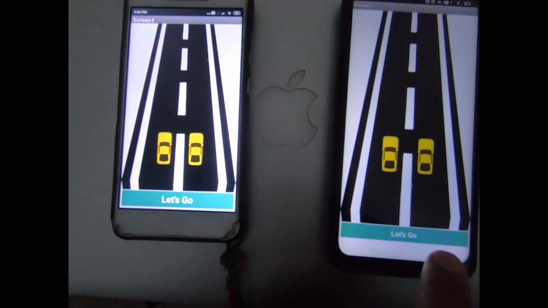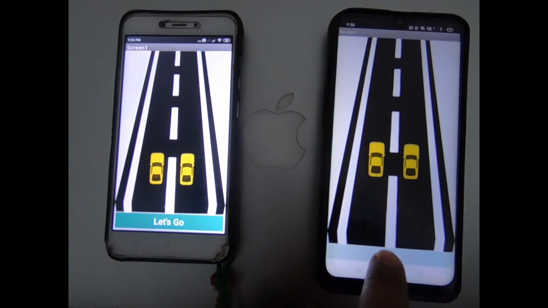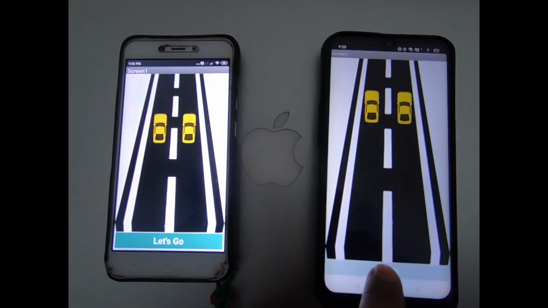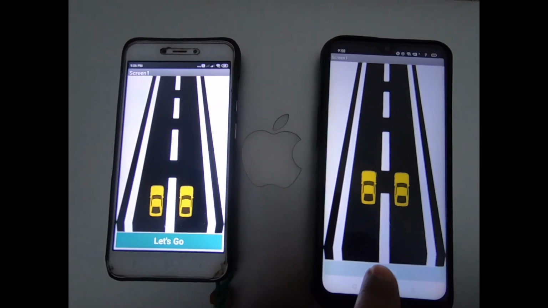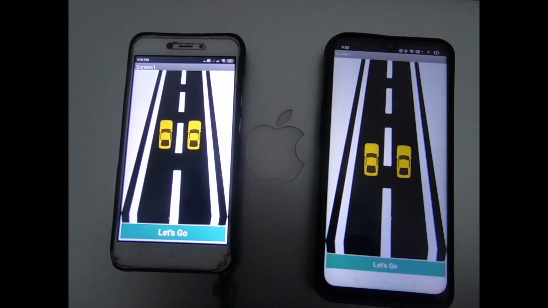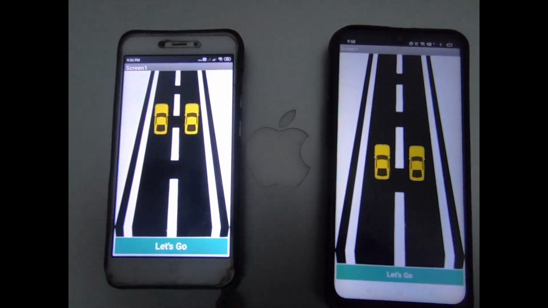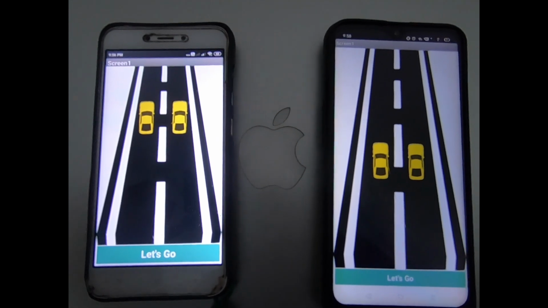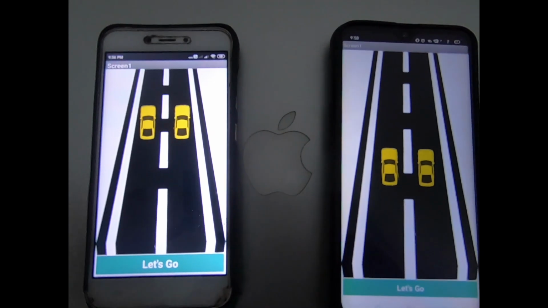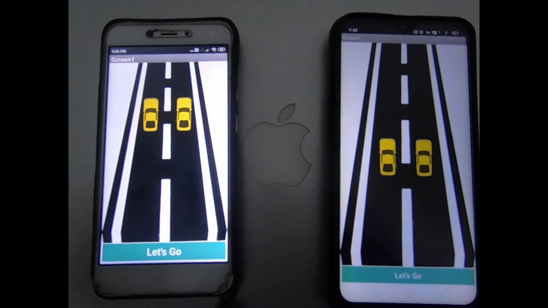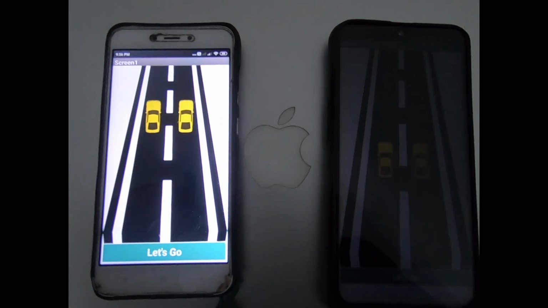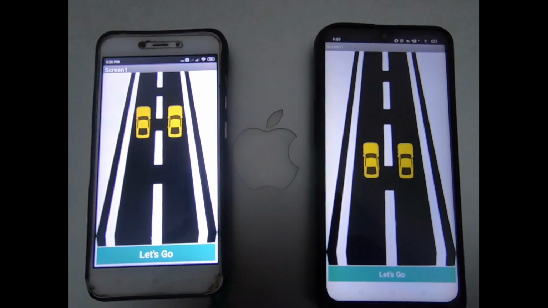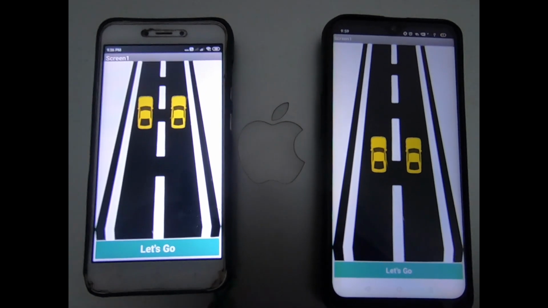If you want to run your car, you have to press this button. It's just like an accelerator, and whenever you release your accelerator, this car will stop and both cars will stop. Sometimes it takes some seconds because we are using a Firebase real-time database. So if you have a weak internet connection, you might get some delay, right? So that's the app we will create in this video.